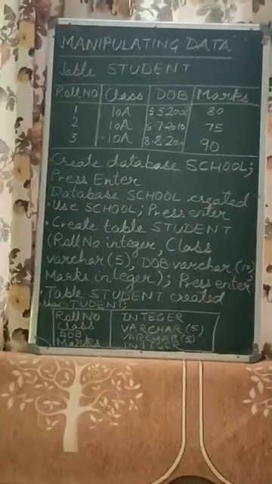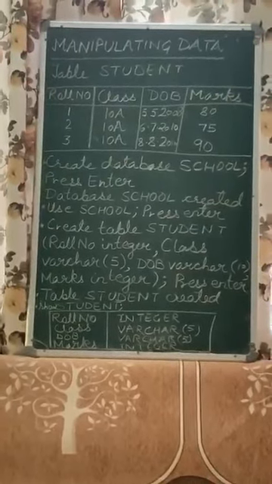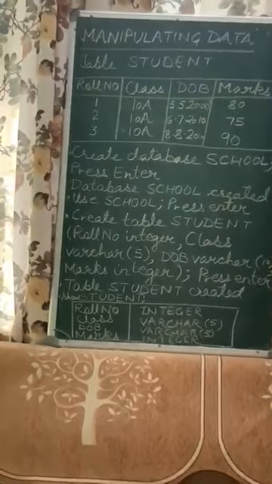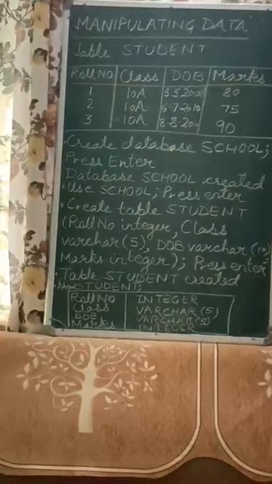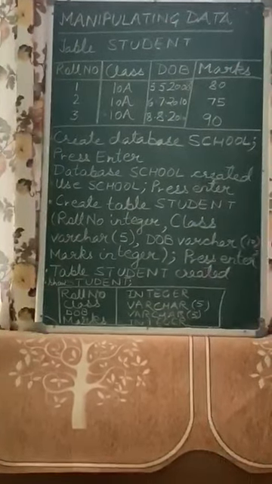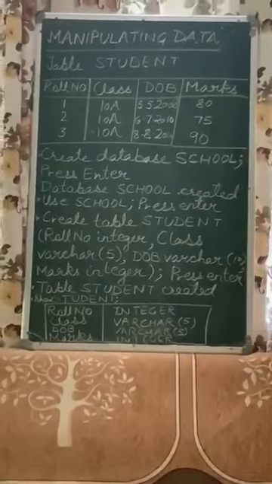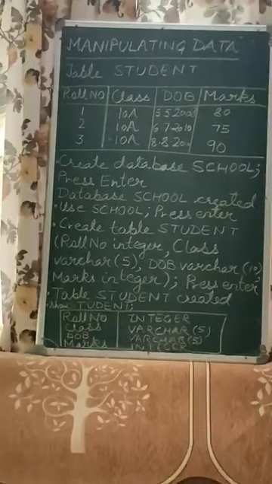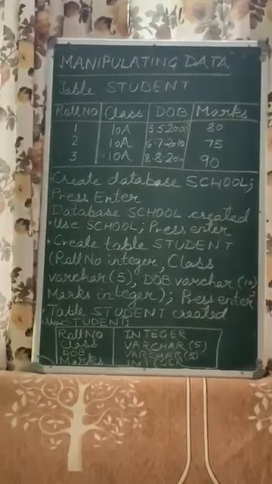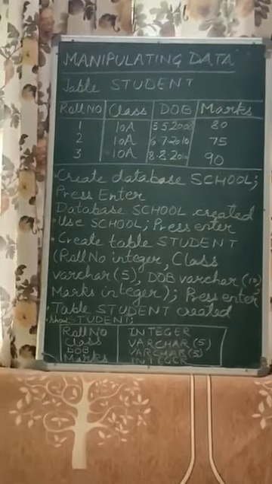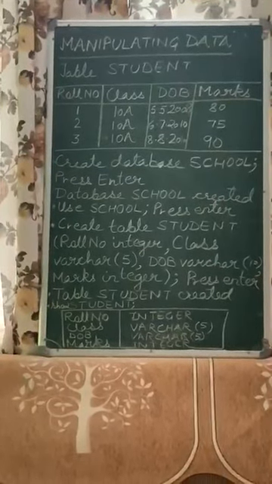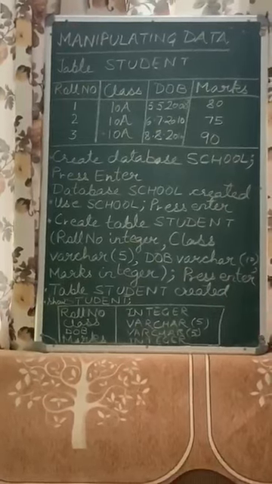So because 10A is a combination of your number as well as digit, and even if you are using XA for your class, it is a combination of just your alphabets. So I discussed with you alphanumeric data types. Now in alphanumeric there were two data types. One was char and the other one was varchar. Char was accepting the alphabetical values, while varchar accepts both alphabetical as well as your numeric values.